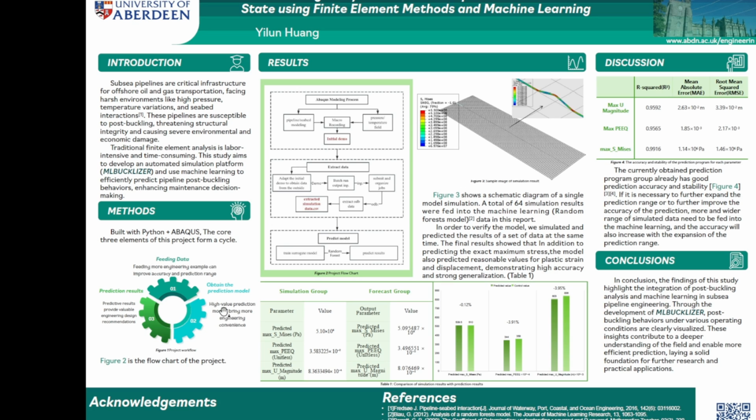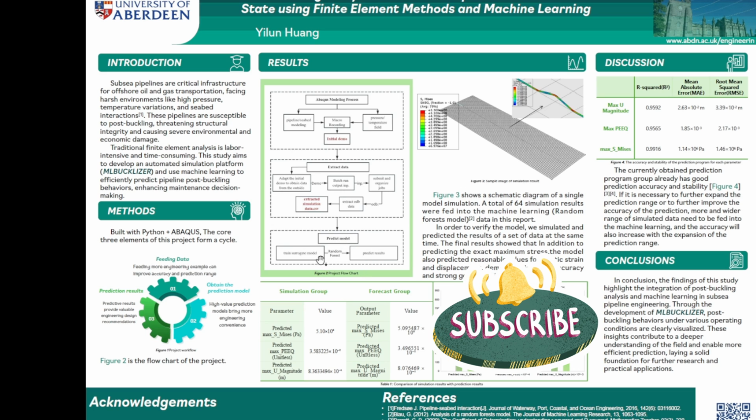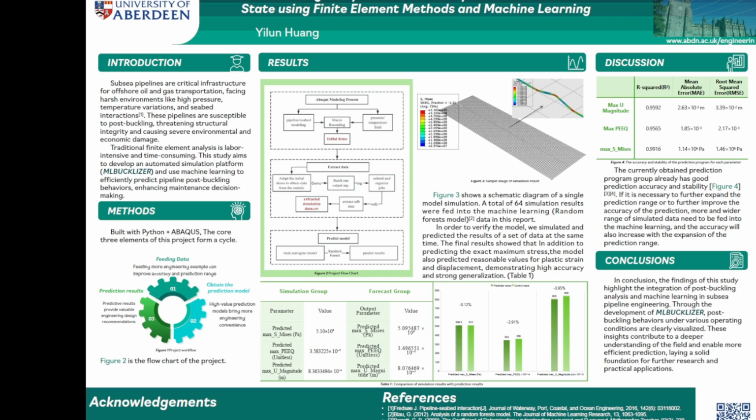Second module then automatically processes the data. After batch running the simulation, it extracts the relevant properties such as stresses, plastic strains, and displacements. And finally, in module 3, a machine learning model is already trained using the FEA results, and a random forest algorithm predicts the post-buckling state in seconds. So now think of it as combining Abaqus finite element software with AI to get instant post-buckling prediction just in